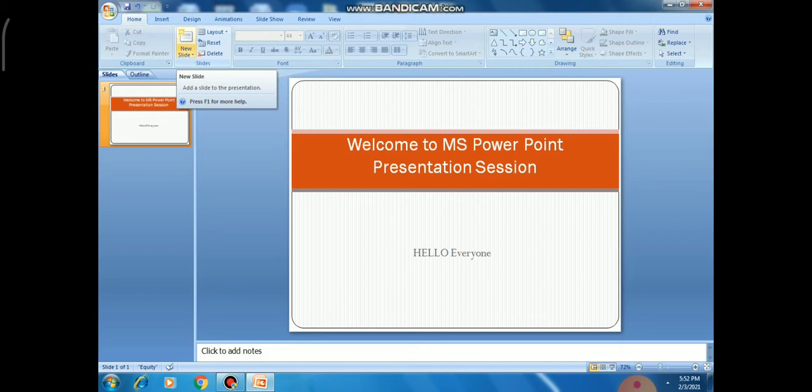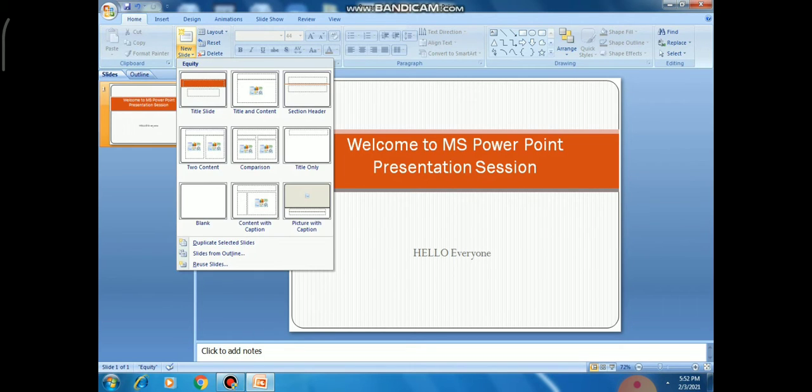So dear students, whenever you click on the new slide option, you can see multiple formats for a new slide. Here I am selecting a format with title and content. I am selecting a slide just like this.